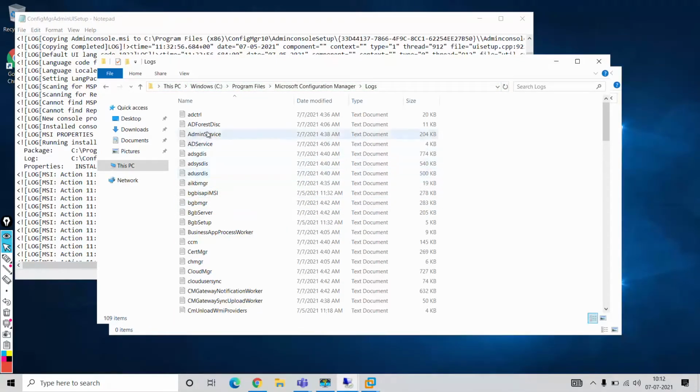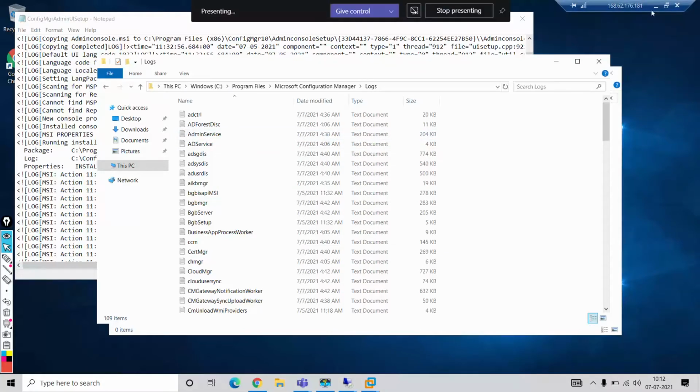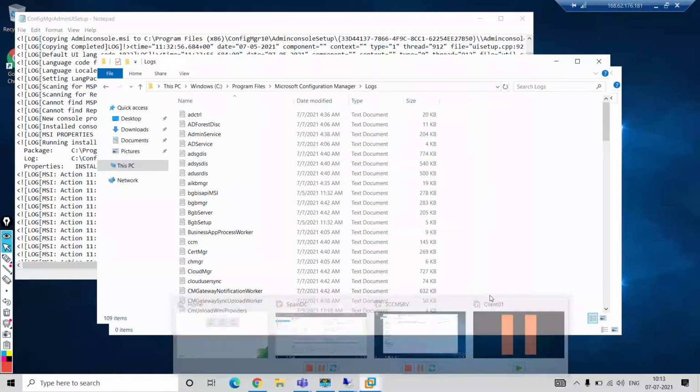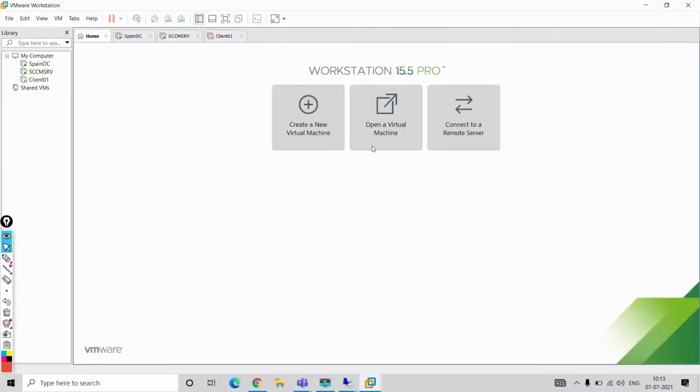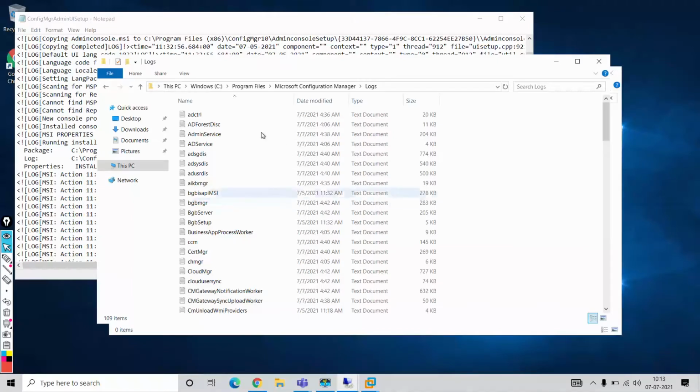Right, so you can see these are our log files. Yes, please be attentive. I'll close this, not required now. So the log file path is under C program files, Microsoft Configuration Manager and logs. Right. So here you can see we have AD forest discovery.